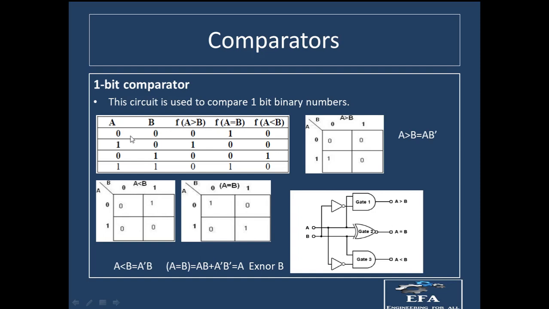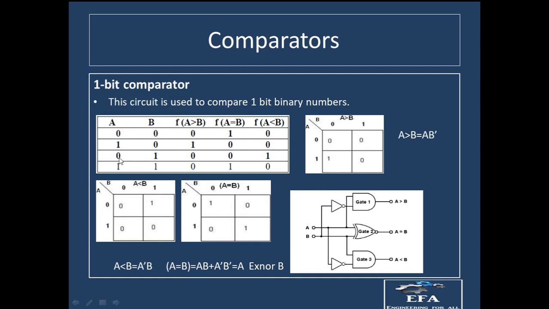Okay, now let us take the first one. Now we are having A equal to 0 and B equal to 0, so you can see that both the values are equal. Therefore we have to put 1 in the output where A is equal to B is written. So we will have 1 at this position, and the rest of both positions will be equal to 0. Now you can see we are having A equal to 1 and B equal to 0, therefore A is greater than B. So we have to put 1 at the position where A is greater than B, and the rest of both positions will be equal to 0.